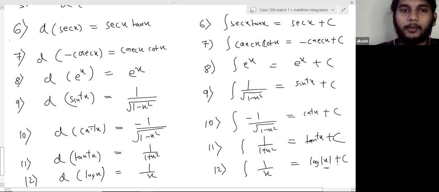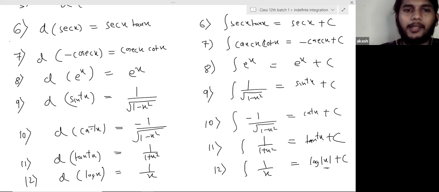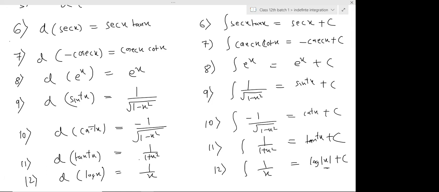Okay. Note it down. And you guys can write all the inverse trigonometric formulas also. You don't need to write all of them. If you remember the formula, then it is okay. Write it down.